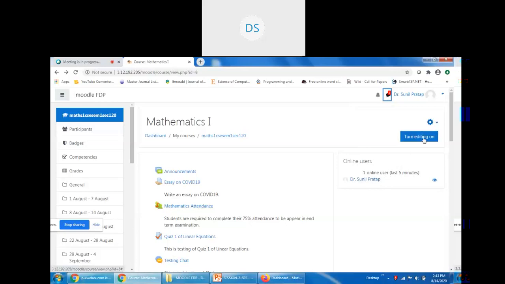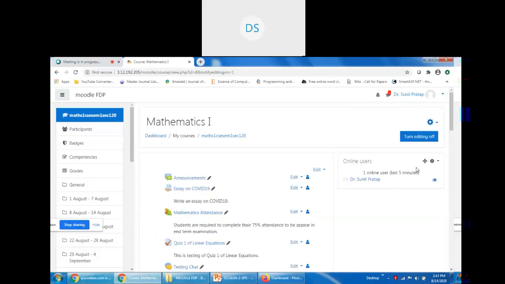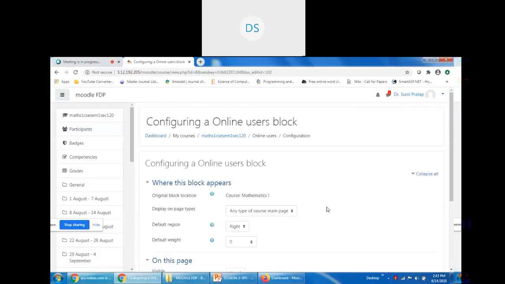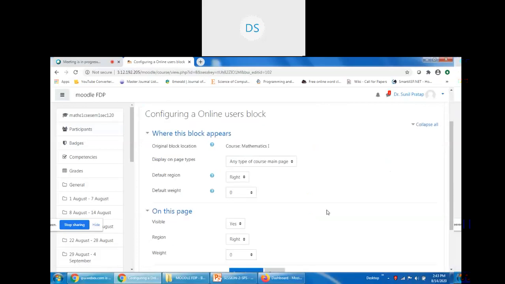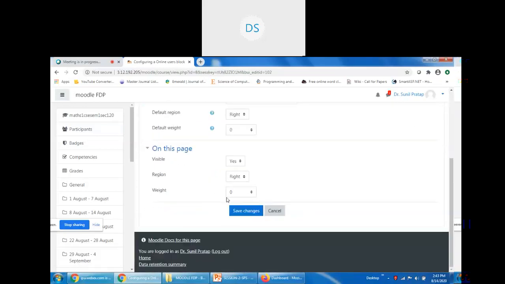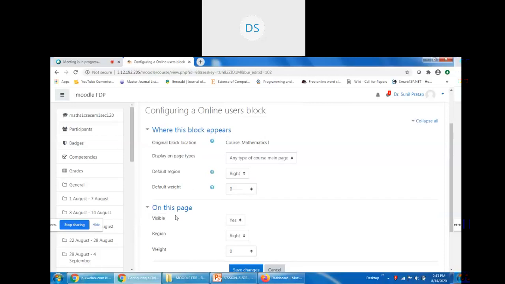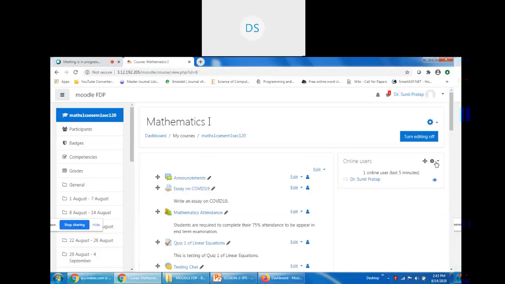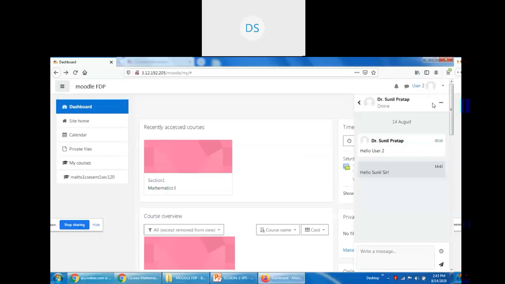Let me check some issues with this online user block. Configure online user block. See, everything is correct. I think where this block will appear on this page, nothing. Just a second.